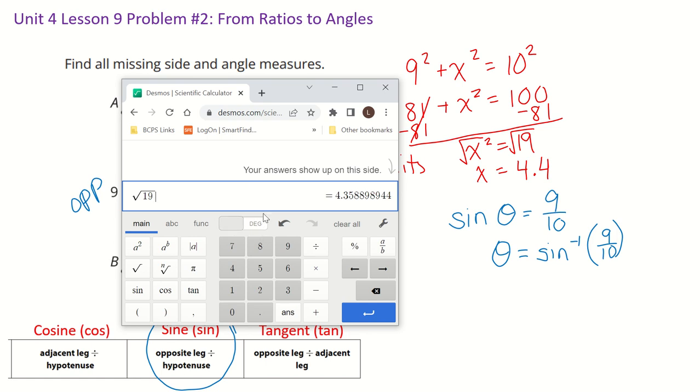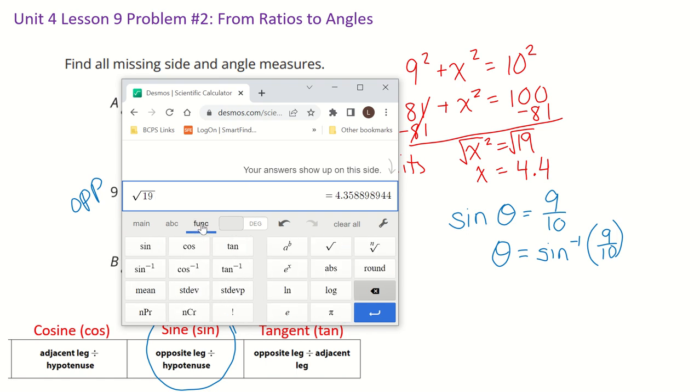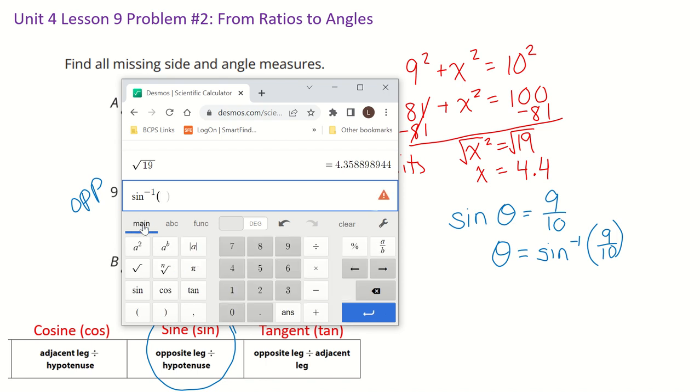We're not doing radians at this point, just degrees. So to get the ones that have an inverse, notice I see sine, cosine, and tangent, but if I click up here on this func, F-U-N-C, the function button, I can go ahead and choose. Oops, hold on. Let me go back because I forgot to hit enter to get a new line. So I'm going to do the inverse of sine, and then I'm going to come back to the main, and that's going to allow me to type in my fraction,